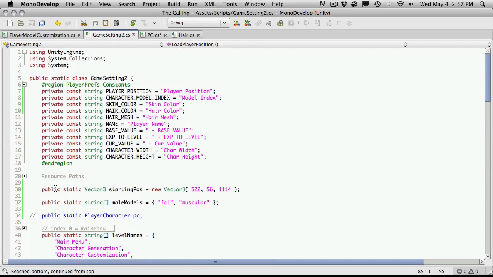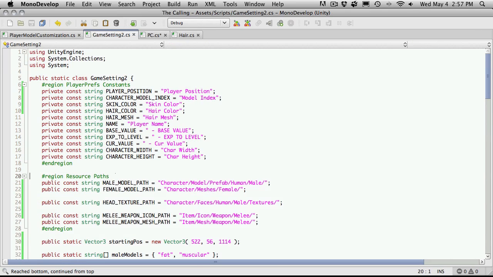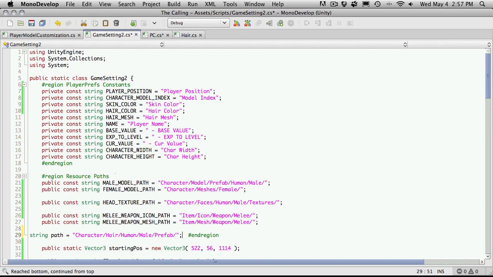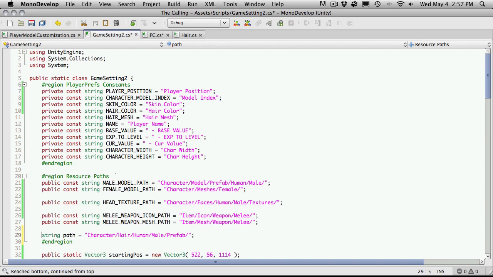I'll come up to the top here where we have our resource paths. And I'm going to add hair in down here. So it's going to be a public constant string, and I'm not going to call it path anymore. I'm going to call it, well, it's the character hair human male prefab. Okay, well, it's grabbing the hair path. So I'm just going to call this human male